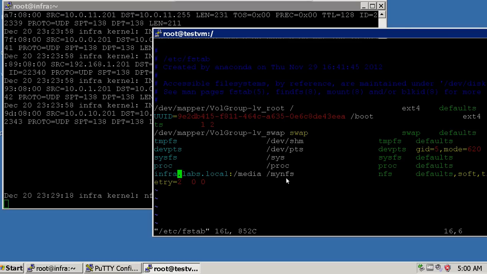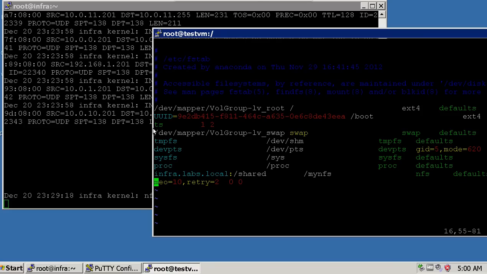Okay, sorry, I actually already did it. So the first field is the folder name, the IP address or the name, slash shared. Where is it going to be mounted? My NFS or /mnt folder, wherever you want. The type of file system, then defaults,